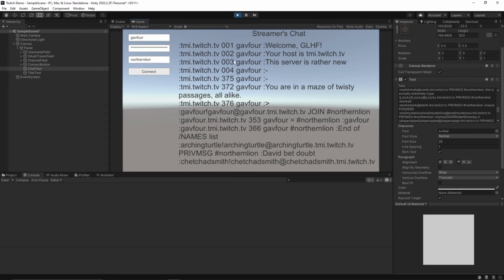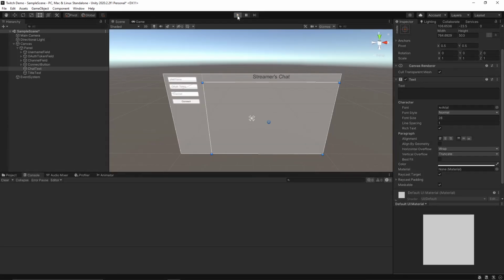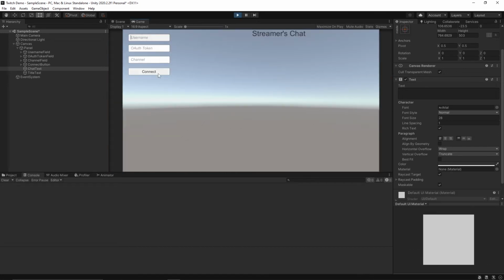But really, we only want to see the chat. We don't really need to see any of these extra messages saying we're connected or any of the extra formatting things that Twitch sends. One trick too I'll mention before we get into that is when you're putting in the username and